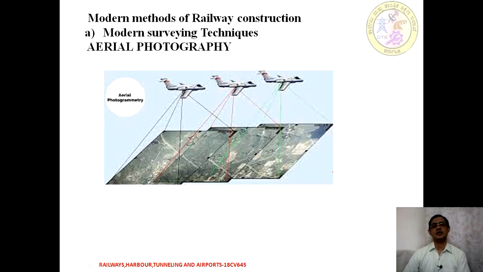So, this is also one more method of getting survey data for the required field, in the case of aerial photography. In this image, we can see that the flight maintains a particular altitude, over which the camera takes photos of a particular area. Then, once again, it depends upon its speed of movement. Each layer is going to overlap, so the entire study area is covered depending upon the number of flight paths.